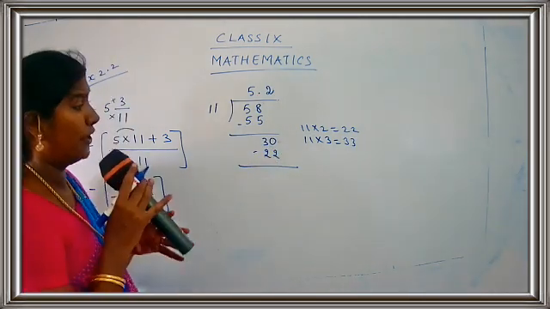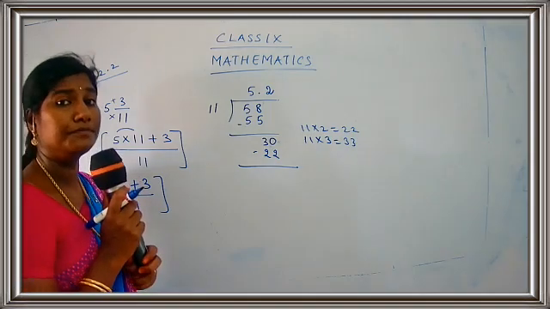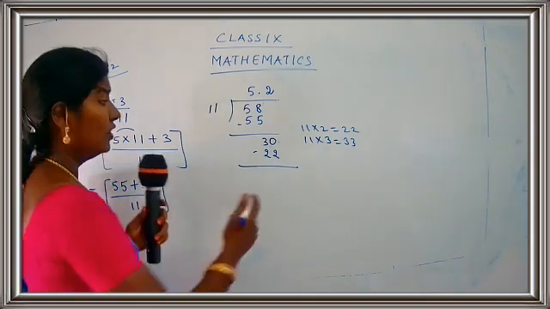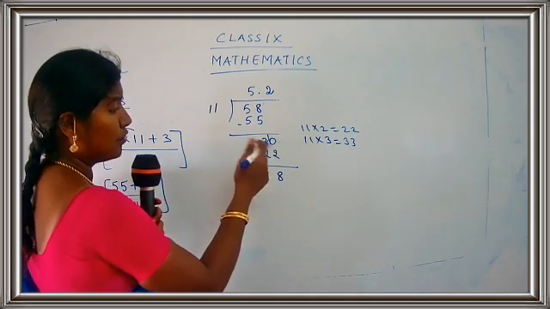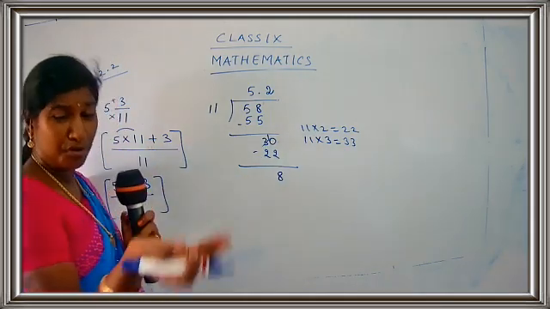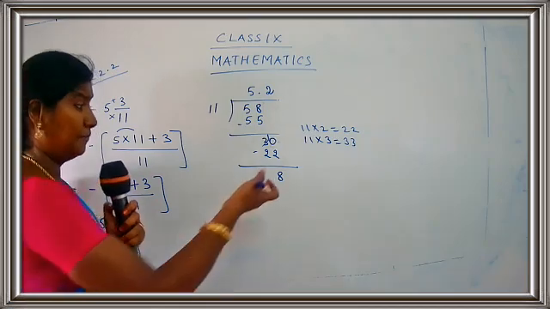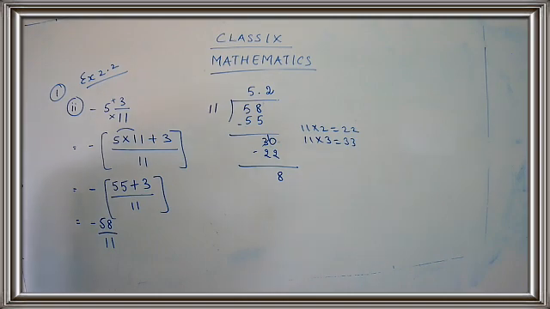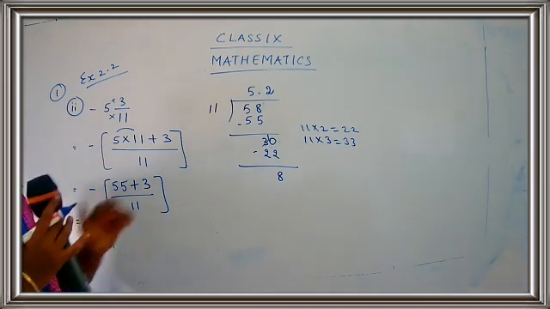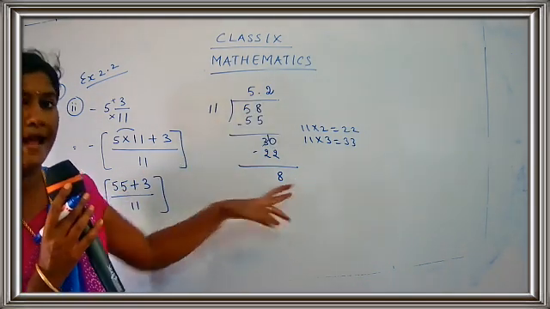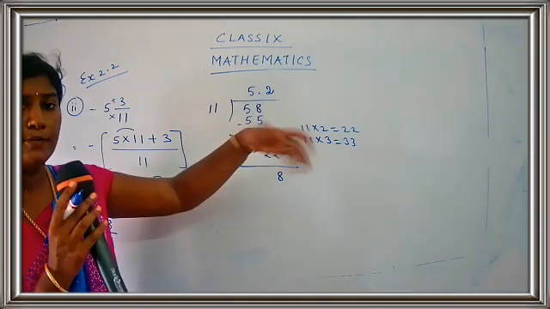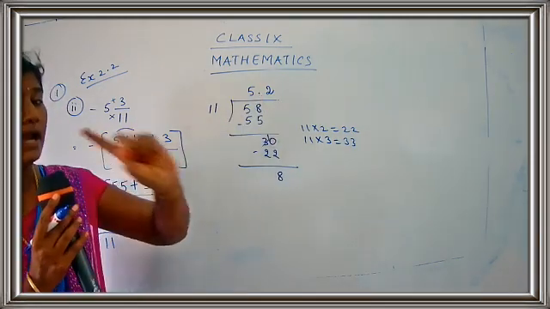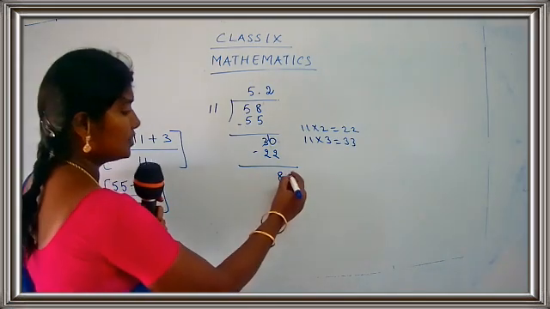What do you get when you take 22 from 30? Simple calculation. The answer is 8. You can go for borrowing also, but you are grown ups here, children, you can do the calculations directly. 30 minus 22 is 8. Okay, now since we have introduced the decimal point, I can just go on adding zeros. No need of mentioning the decimal point again and again. One decimal point is enough. So I just put 0 here.